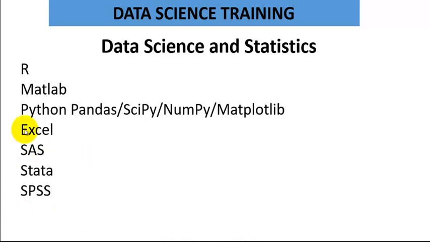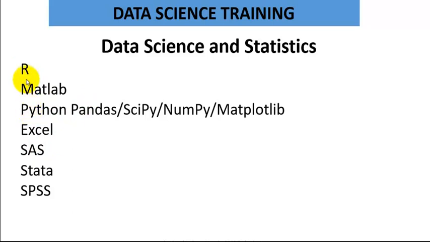But looking at what I wrote here: R, MATLAB, Python, Pandas, SciPy, NumPy, Matplotlib, Microsoft Excel, SAS, Stata, SPSS, they are all statistical tools. And few of them can be used for data science.